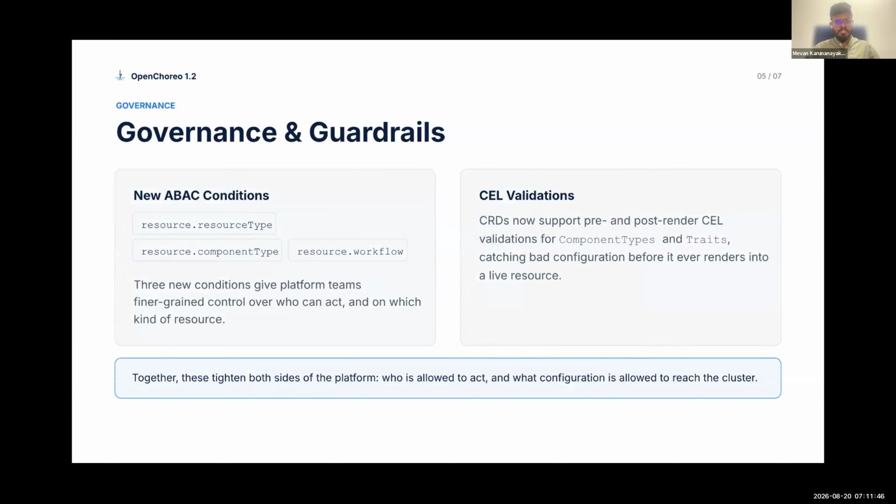Then I need to highlight the governance and guardrail improvements that we have delivered with this release. Mainly there, we delivered two major improvements. The first one is we have introduced new ABAC conditions on a new set of OpenChoreo resource types, mainly the resource type resource, the component type resource, and the workflow resource. Now the platform engineers have the capability to fine-grain the access control, who can do what on which component as